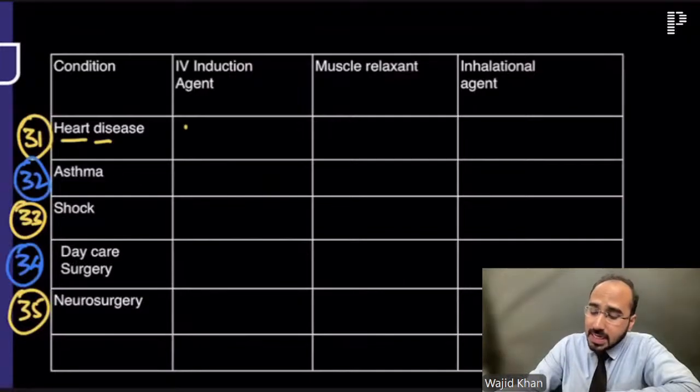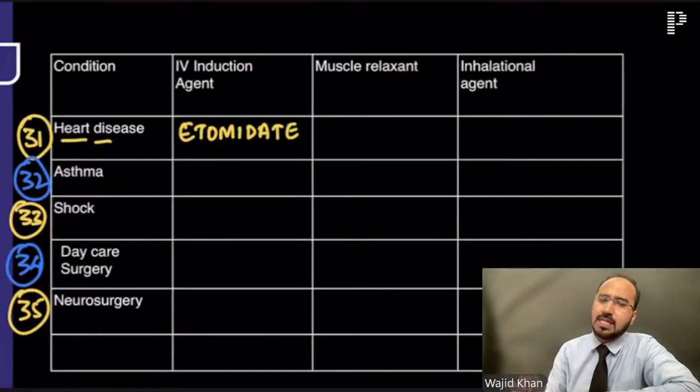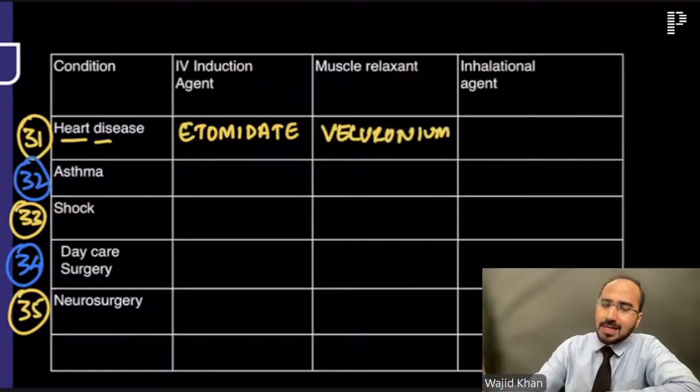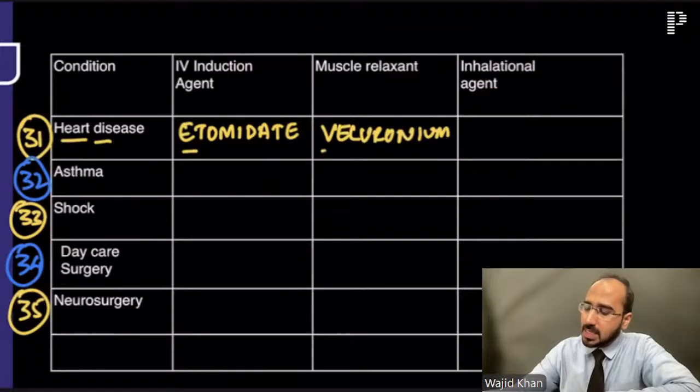The IV induction agent which could be given safely is etomidate. Etomidate could be safely given in this patient, right? Why? Because etomidate is the IV induction agent which is cardiostable. Next, the muscle relaxant that could be given to a heart disease patient is vecuronium. Okay? So basically, you make the patient unconscious with etomidate, you give vecuronium to the patient, and